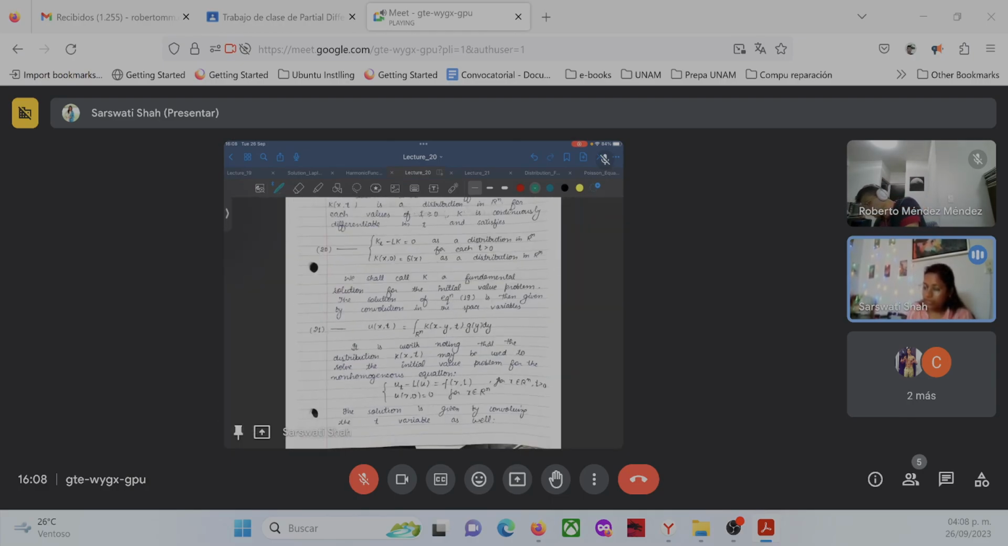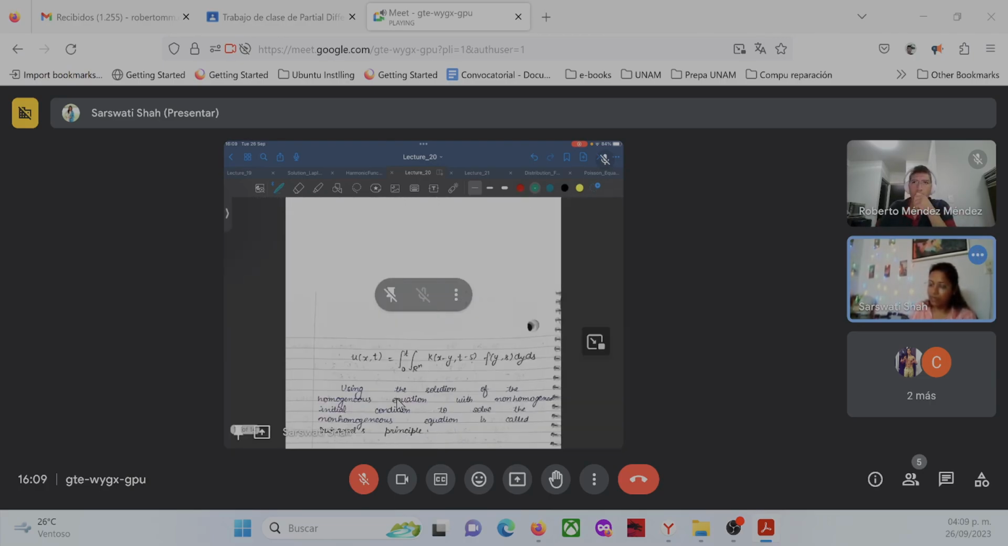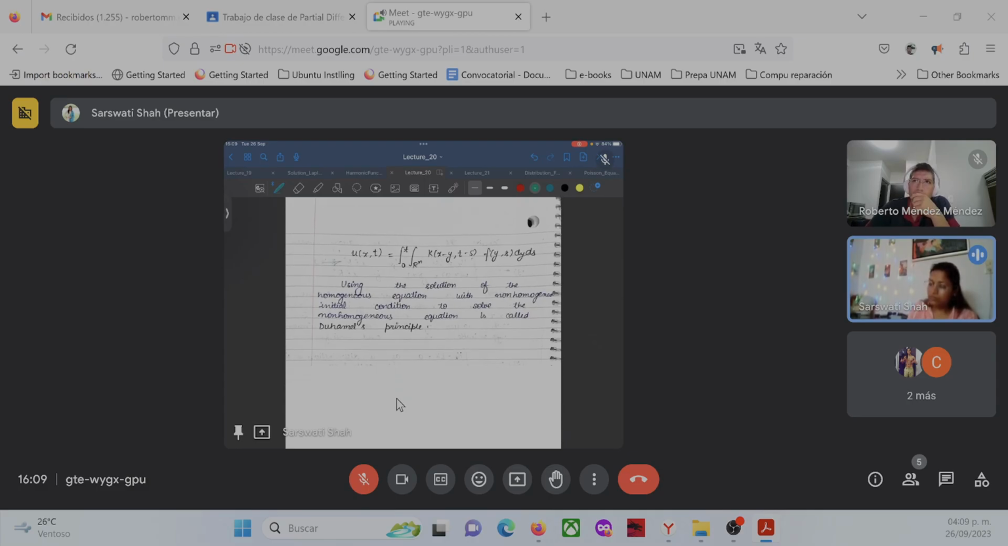Now it is worth noting that the distribution k may be used to solve the initial value problem for the non-homogeneous equation, and the solution is given by convolving the t variable as well, like in this way. So using the solution of the homogeneous equation with non-homogeneous initial condition,